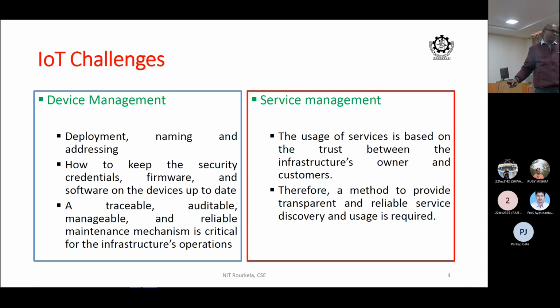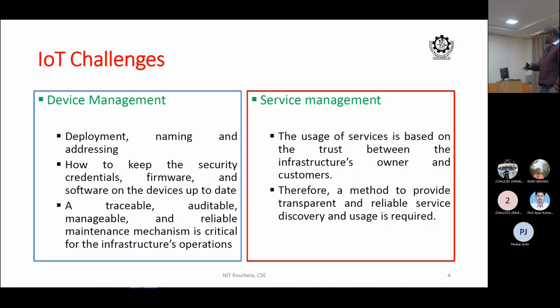Now look at the extreme other end. You have the IoT service provider, and he says anyone can access. Anyone can access the IoT device. Anyone can access the data. Now, the moment anyone can access the device and anyone can access the data, then again comes a security problem. Then another issue is that every time someone needs a service, I need to make a request to the IoT service provider. So again, that's another problem.